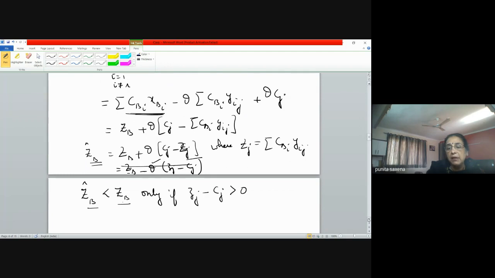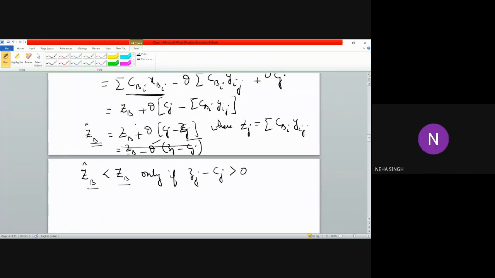So that means, now what is J? J is the one that we have to enter. Okay, R, what was R? The one that we had to make leave. And what is J? The column that has to enter, right? So that means this choice of J is going to be dependent upon this. The value of the objective function will improve only if Zj minus Cj is positive.